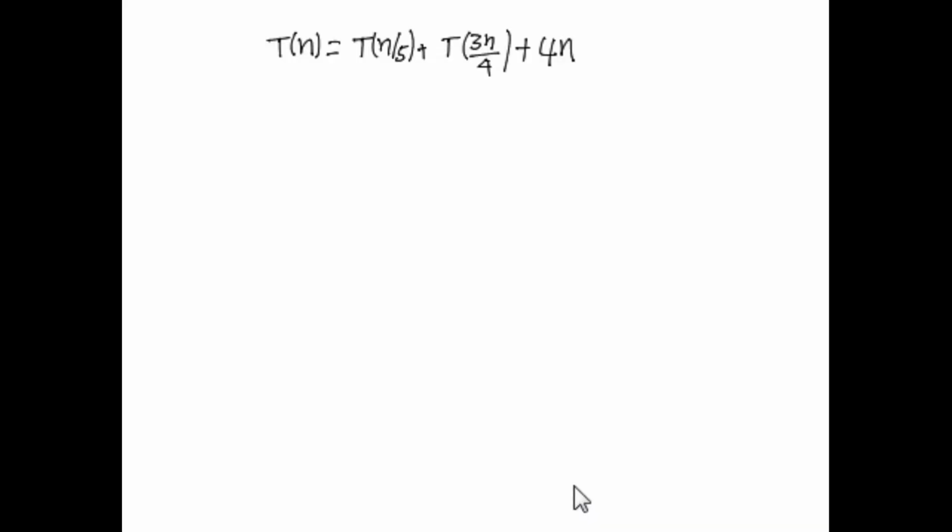So let's try to solve this equation. As before, we want to show that T of n is smaller than C times n for a constant C. As done earlier, the proof is by induction. We take a k smaller than n and assume that T of k is smaller than C times k for all values of k smaller than n. Then we will try to show that T of n is smaller than C times n.